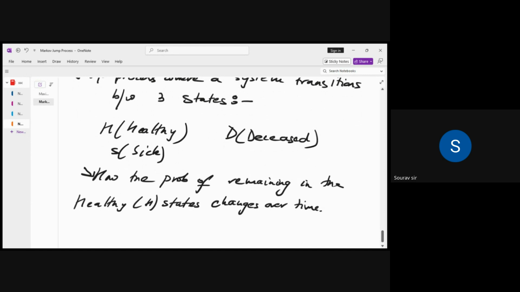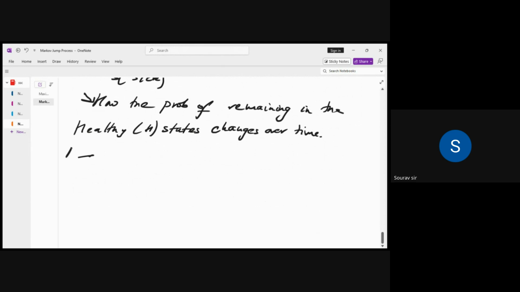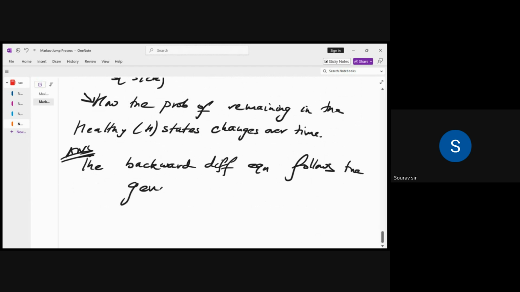So here we'll first use the template we use for this type of question. The backward differential equation follows the general form. That is